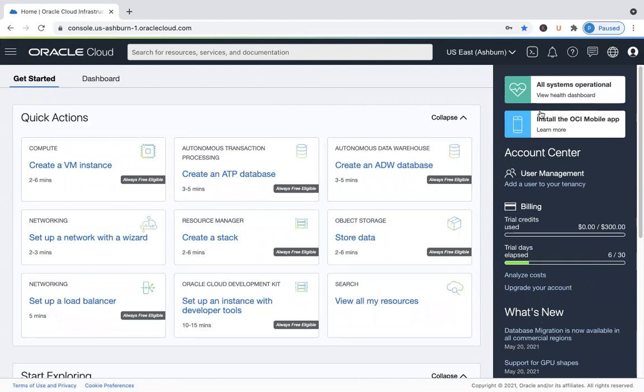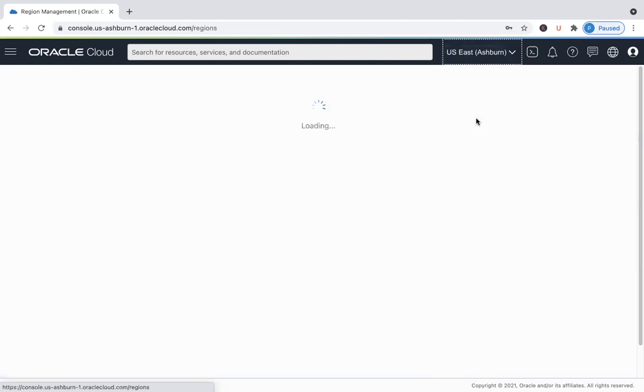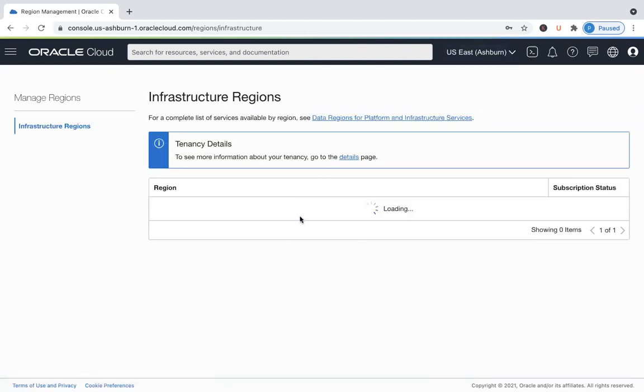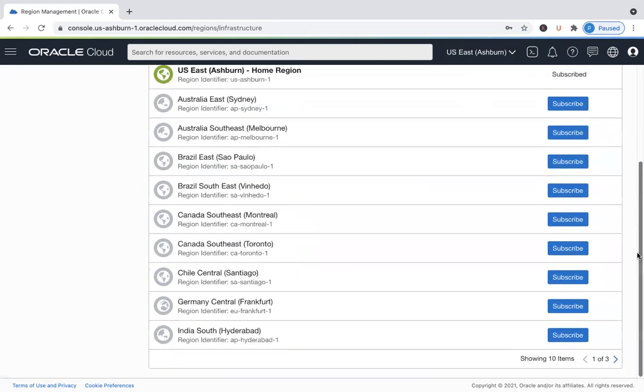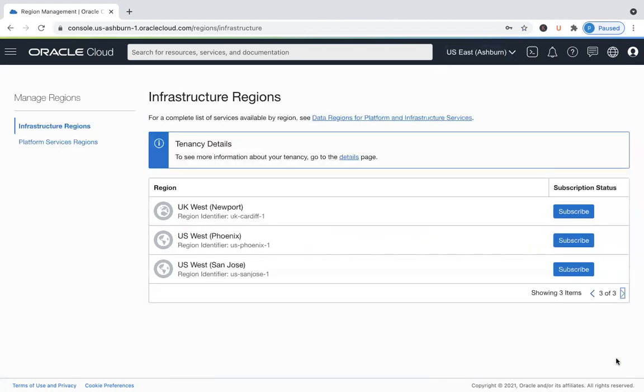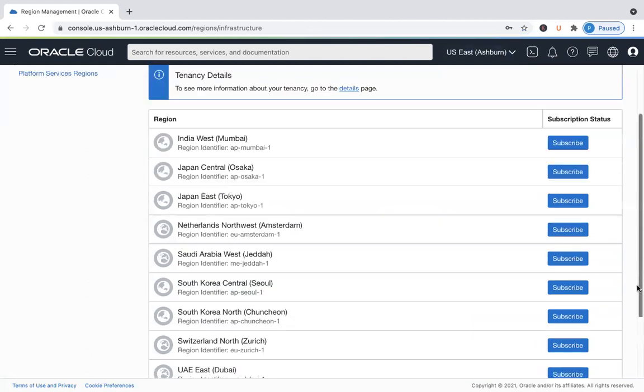And you've got a few options available here that explain the billing and the user management part. And of course, you do have a mobile app if you want to keep track of what's going on in your OCI tenancy. And this is quite important. You've got a region here, and US East is my home region, and you can click on Manage Regions. That will show you all the regions that OCI operates in at this point in time. You could see that there are around 30 plus regions now.